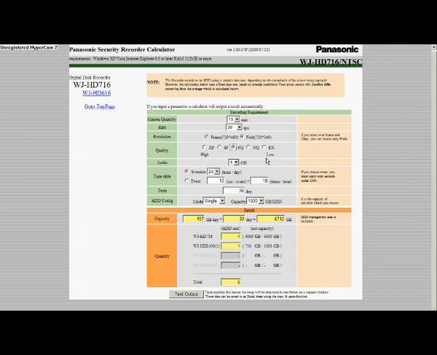So at that point I could come in, and if I wanted to see, well, what's going to happen if I go to just a fine quality, or if I drop to normal quality, you can see this recalculates itself, and now under normal quality, that same 24 hours a day for 30 days worth of recording, I'm going to be able to use 1 base unit, which has the 4 1 terabyte drives in it. I'm going to use 3,210 gigabytes out of the 4,000 that's available. So this is how you use the simple calculator for our